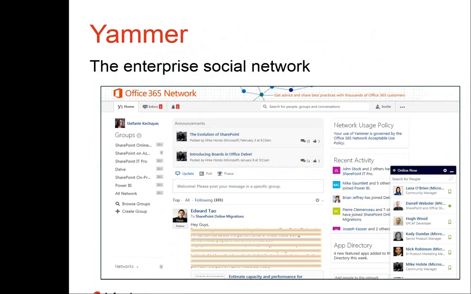Yammer is a completely other beast that I want to quickly touch on. Yammer is a social network built for the enterprise. So it was developed a few years ago as an inbuilt in-organisation-wide sort of SharePoint product, and it was cool. It got some good traction, and then Microsoft bought it. So Microsoft acquired the Yammer technology. I think they paid a lot of money for it, and now Yammer is essentially another aspect of the Office